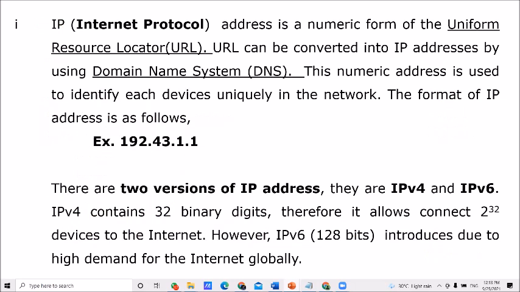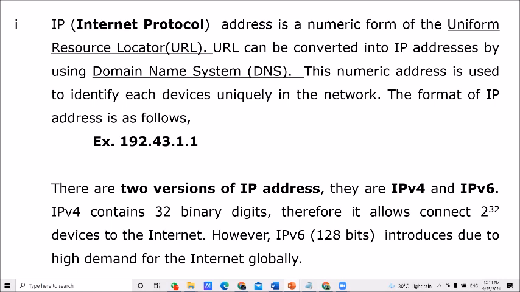The first one, IP address. If you want to get full marks here, then your explanation should be like that. Internet protocol, IP, that earlier we discussed. That's the numerical form of URL. We know what is URL. URL is a web address we are using to identify each and every website or web page separately.